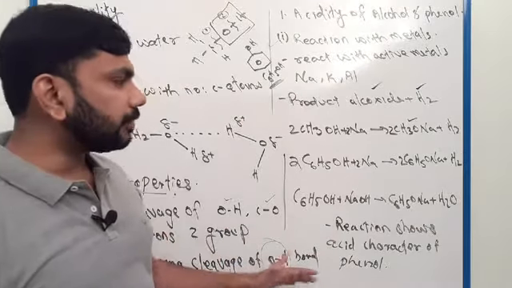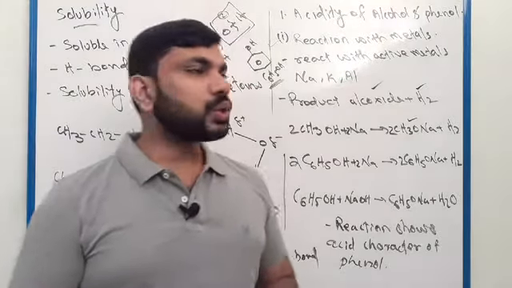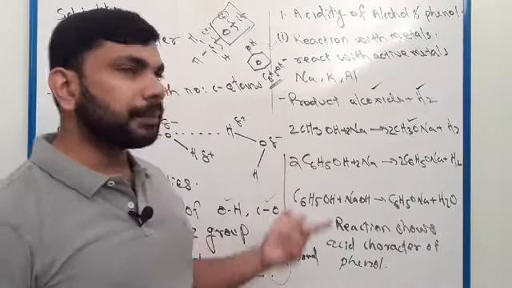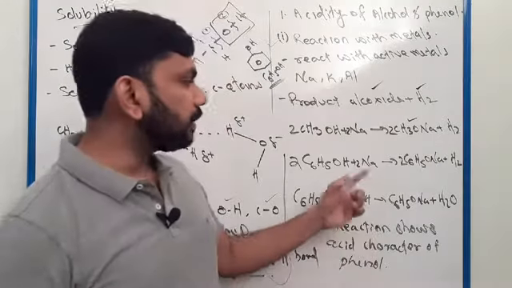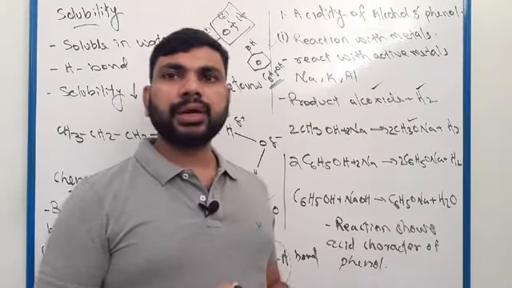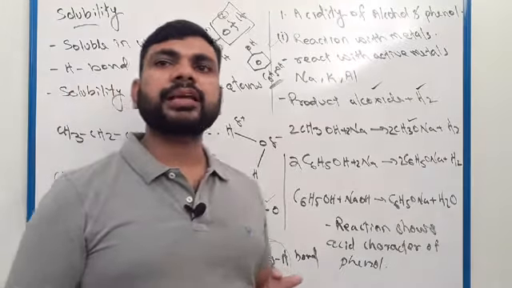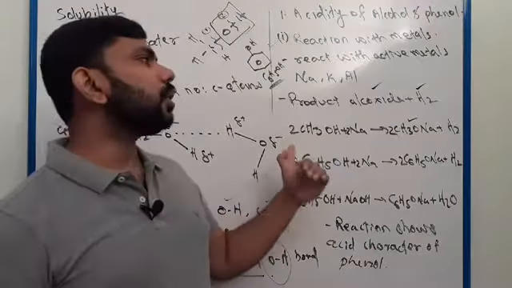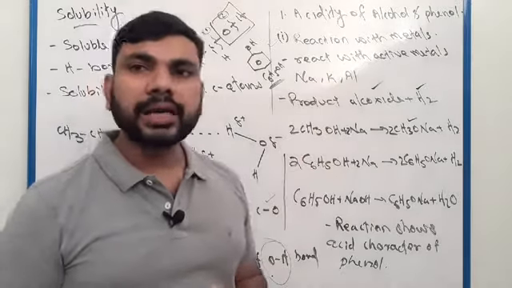Okay, all these chemical reactions show that alcohol and phenol are acidic in character. So chemical reactions based on the OH bond cleavage: first one, alcohol or phenol react with the metals. Phenol will react with the sodium hydroxide and form sodium phenoxide. Alcohol reacted with sodium gives sodium ethoxide, with potassium gives potassium ethoxide, with aluminum gives aluminum ethoxide. So generally we can say metal alkoxide and hydrogen gas.